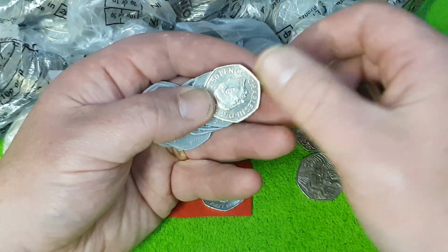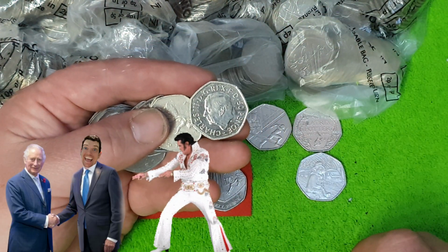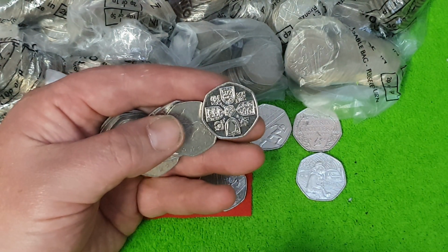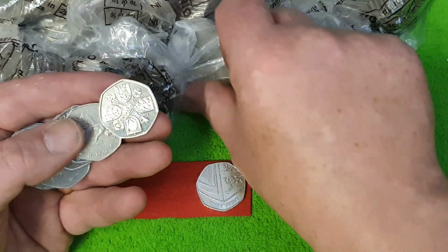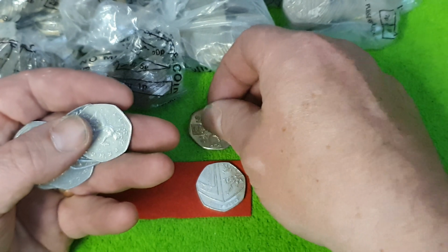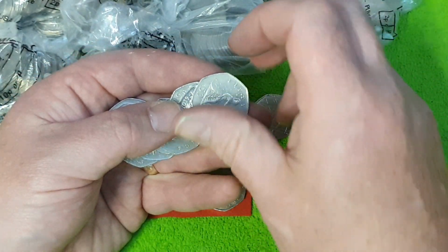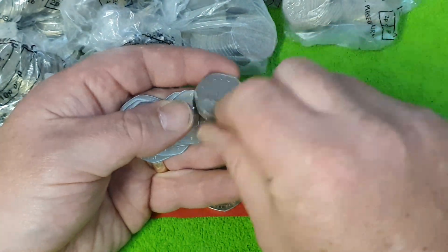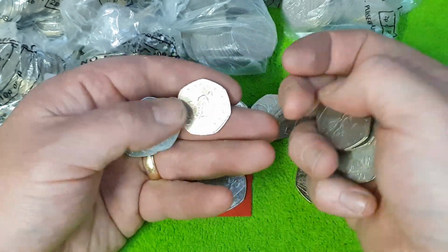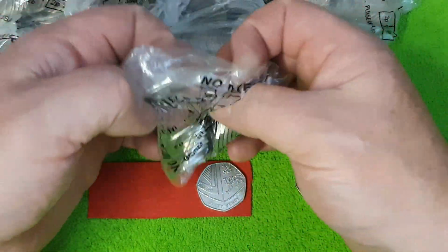We've got the king. Now, could this be a Windrush, an NHS, or will it be... It is, it's the Memorial 50p. What a cracking coin that is. I am reluctant to put it on the red carpet just yet, because we do see a fair old whack of them, reporting of maybe about 9 million or something like that. I don't know, I don't pay much attention. I should do, but